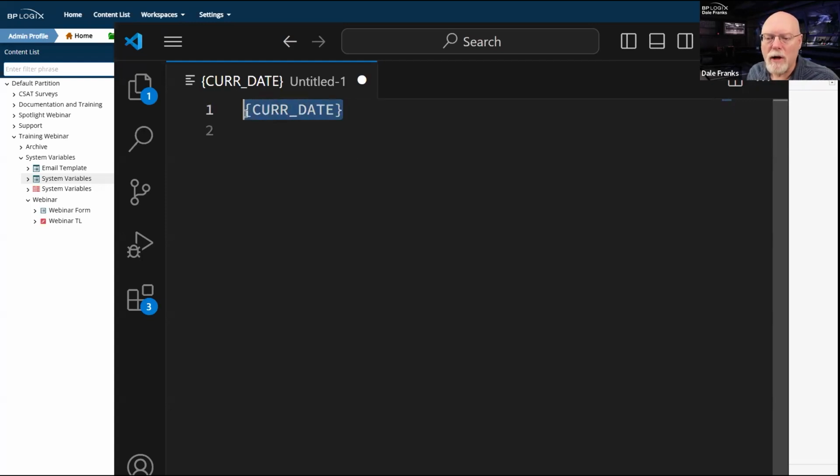Now, system variables aren't necessarily just a single system variable. You can nest system variables. So let's say that I wanted to pull the activity users for the running timeline activity. There's a couple of different ways I can do this, and we'll discuss some of these complications a bit later. But in general, let's say that I wanted to show the activity users for a system variable. Well, the problem with this is that I have to specify an activity name.